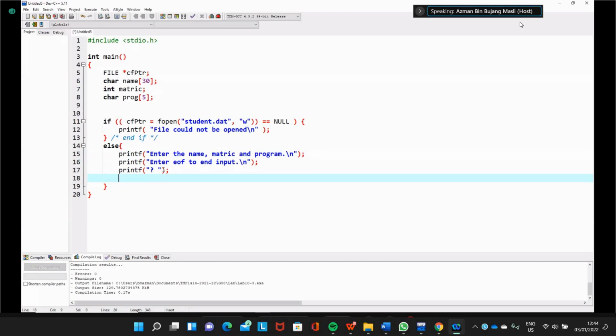So we ask scanf: here we get a string, then the metric number is an integer, and then another string.